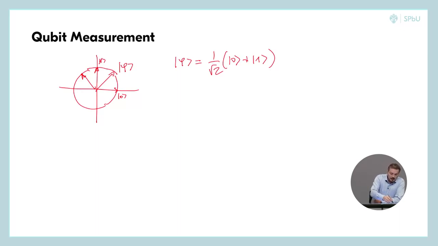And this we will call psi, and psi is 1 divided by square root of 2, 1 minus 0. So we know that our quantum state is either this or this. Then measurement of this qubit in the standard basis will give us 0 additional information, because for both these states